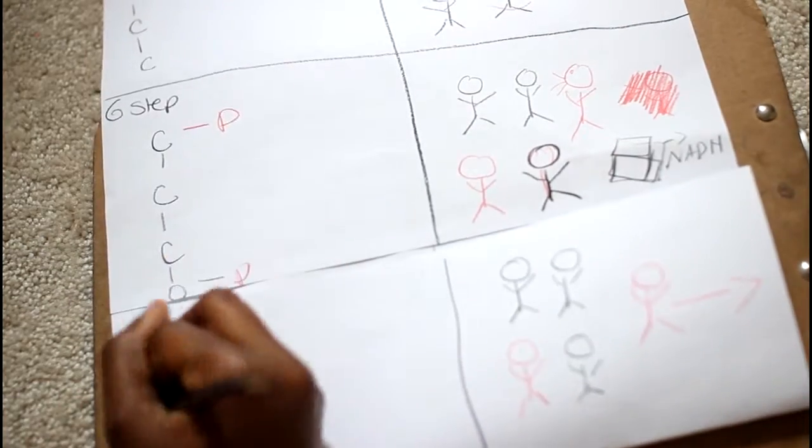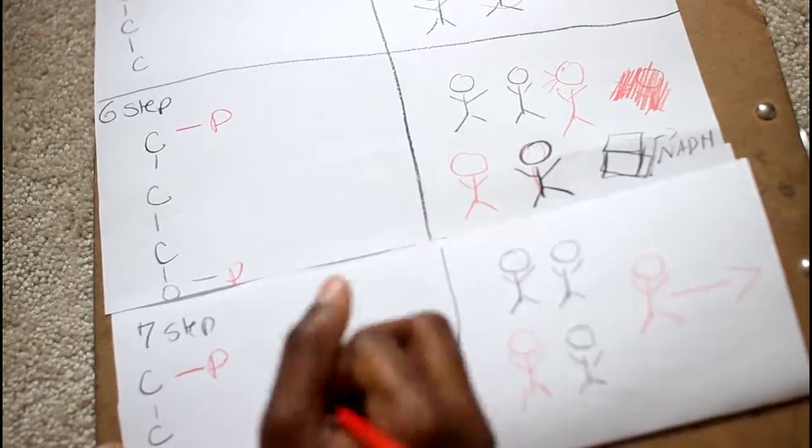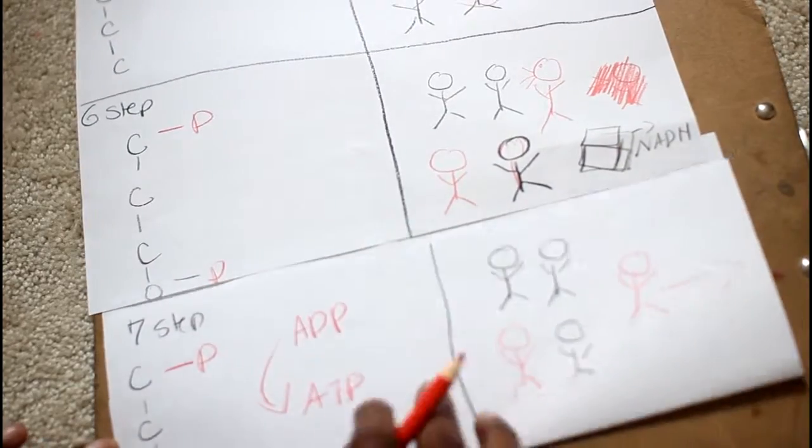It takes form of an ATP. That means that the ADP gained a phosphate group, creating an ATP. On the 8th step of glycolysis,